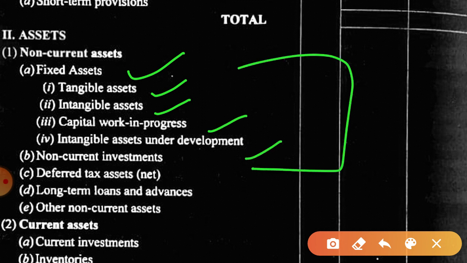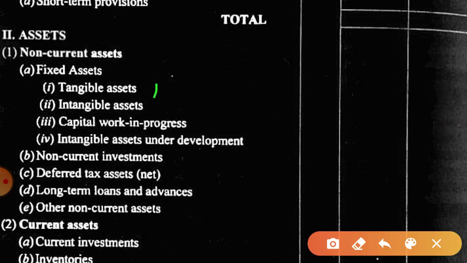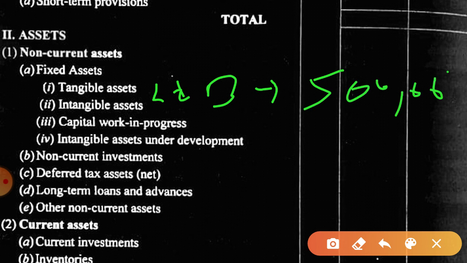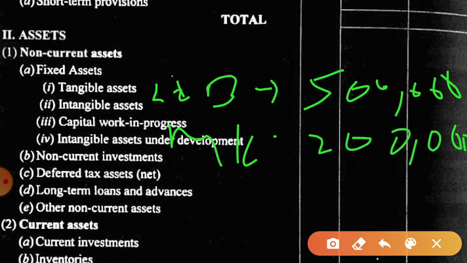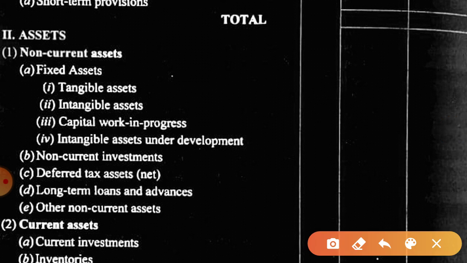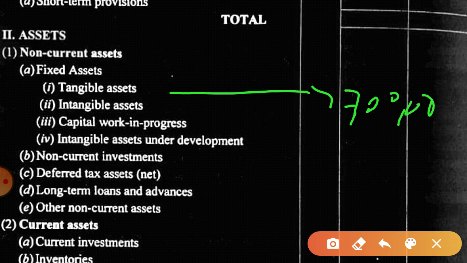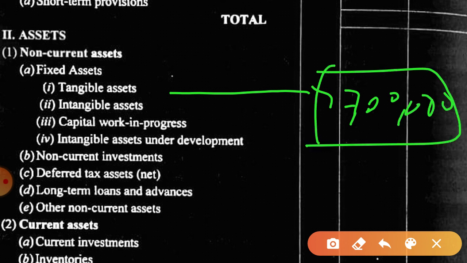So this explanation will apply if there are two items like land and building. Say land and building are there, costing 5 lakh, and then machinery of 2 lakh. So the total is 7 lakh if we take only these two. So 7 lakh will be written in this manner: under tangible assets, 7 lakh. What this 7 lakh represents, we don't know now, we just know it is tangible assets. This explanation will be given after the completion of the balance sheet in notes to account. Okay, so this is the presentation.